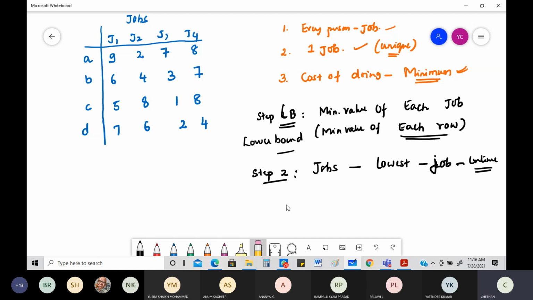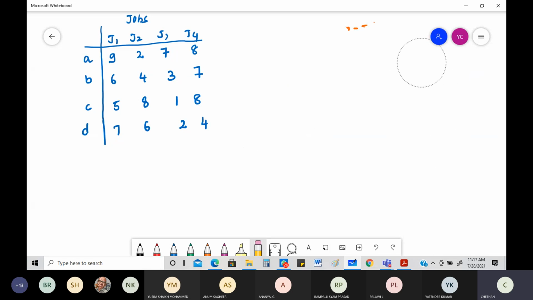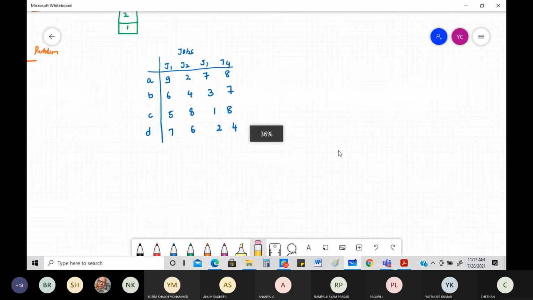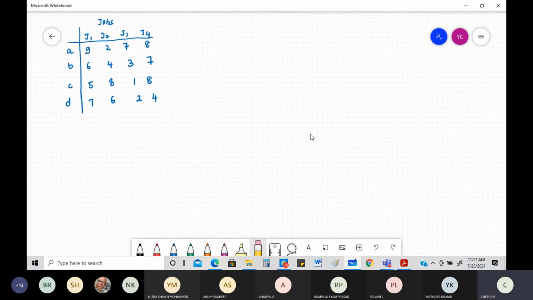Let me go back and figure out the steps of doing this. I'll clear it off here so that I have maximum screen space. I hope you can see the entire assignment matrix that is being given to you. What is the meaning of that? I need to figure out which person is doing what job. That's very important. Among A, B, C, D, who is doing what sort of job. That's all.